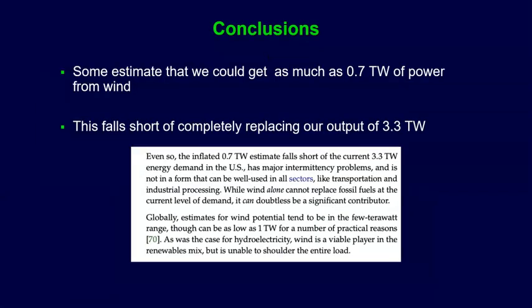And so, the author goes through, and you can make a rough estimate that there's as much as 0.7 terawatts of power from wind in the U.S. So this does fall short of our total output of energy, 3.3 terawatts, but at least it is something that's substantial. And so, the author's rough take on this is that this is something that's going to be a significant contributor, but wind alone is not going to be able to replace fossil fuels much the same way that hydroelectric